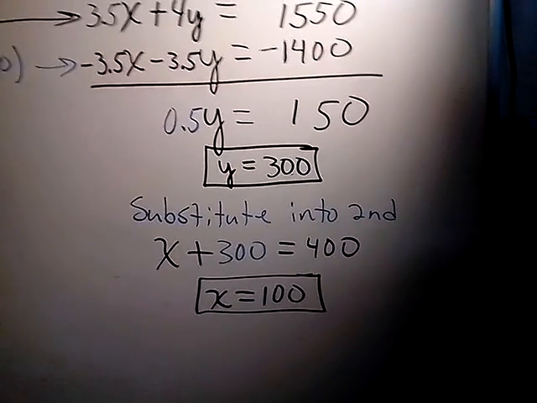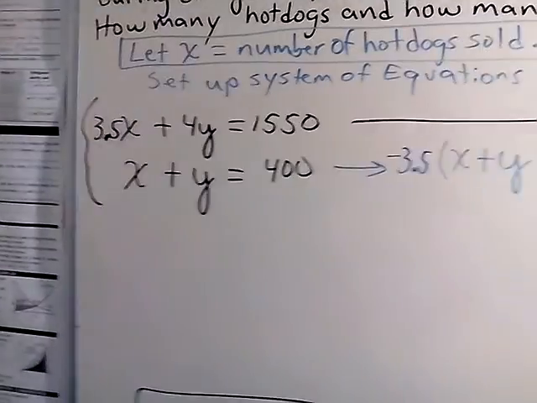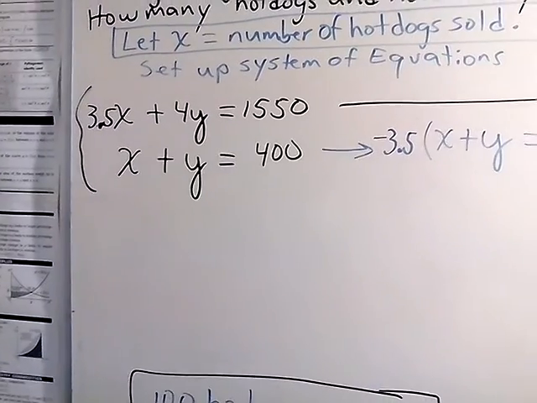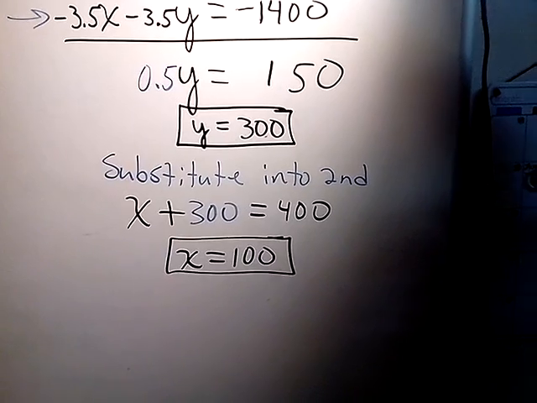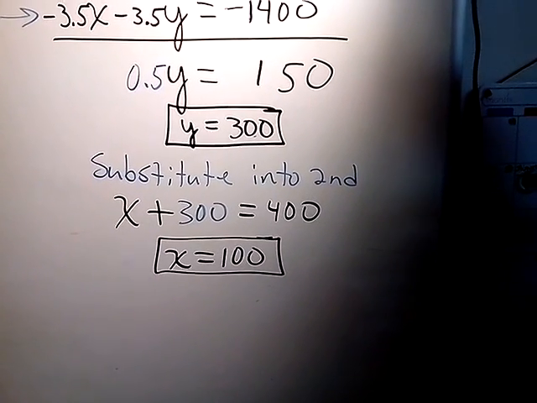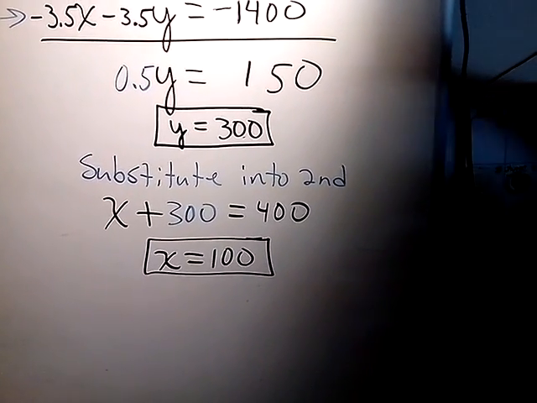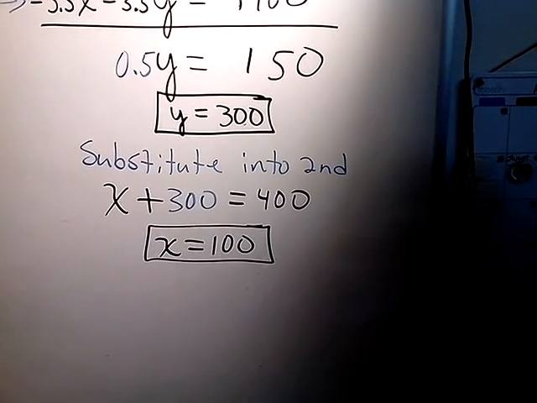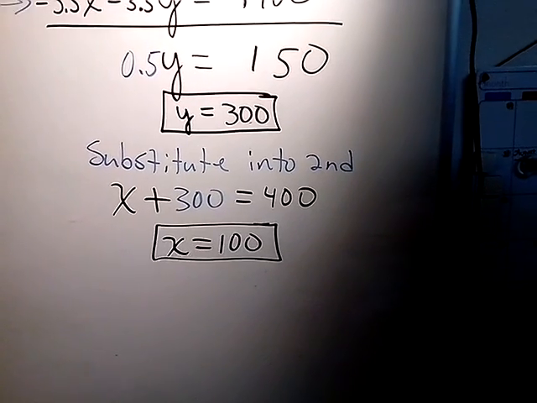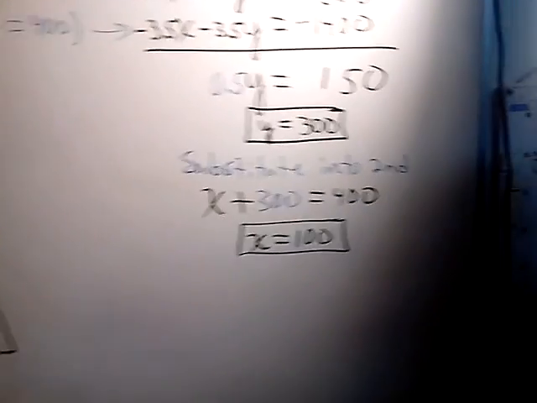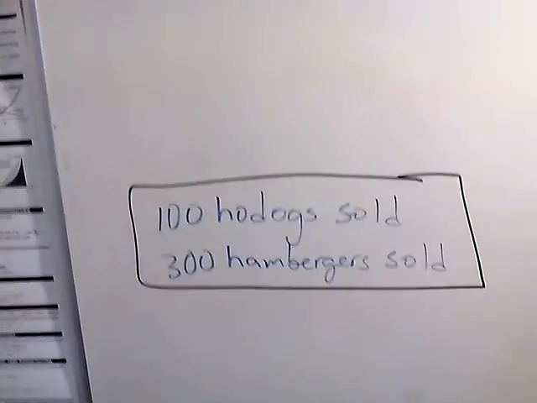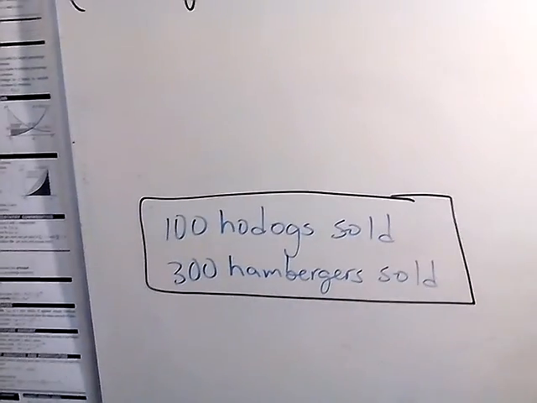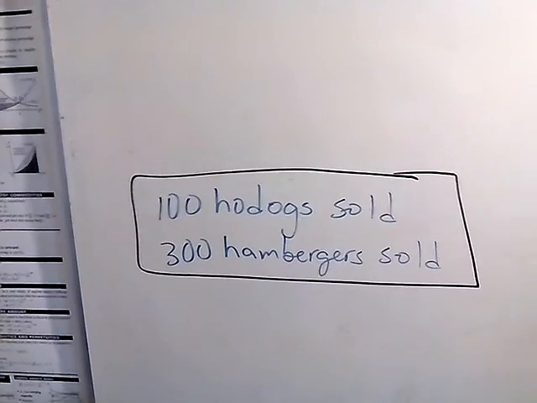Then we take that 300 and substitute it back into the second equation, or the first equation. It doesn't matter, but the second equation is easier to simplify. So that's what I'm going to substitute it into the second equation to get x plus 300 is equal to 400. And subtracting the 300 on both sides gives us that x is equal to 100. So what that tells us is that given that 400 items were sold, 100 hot dogs were sold,